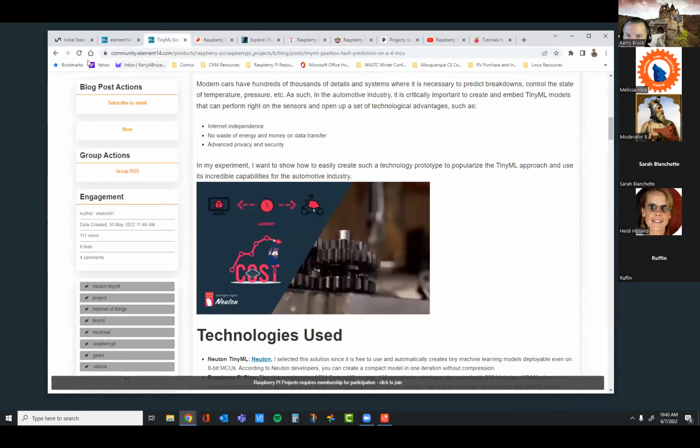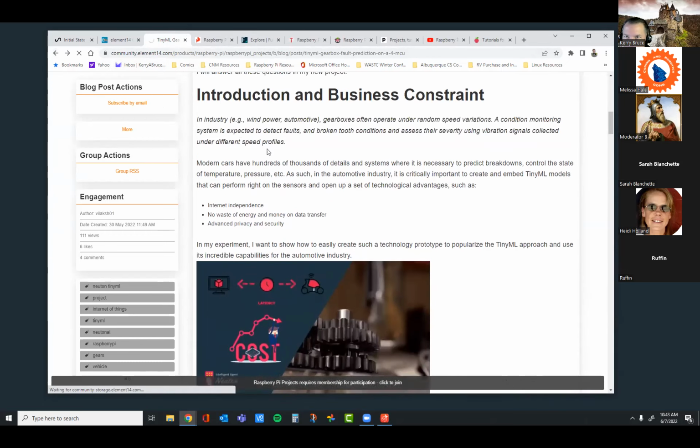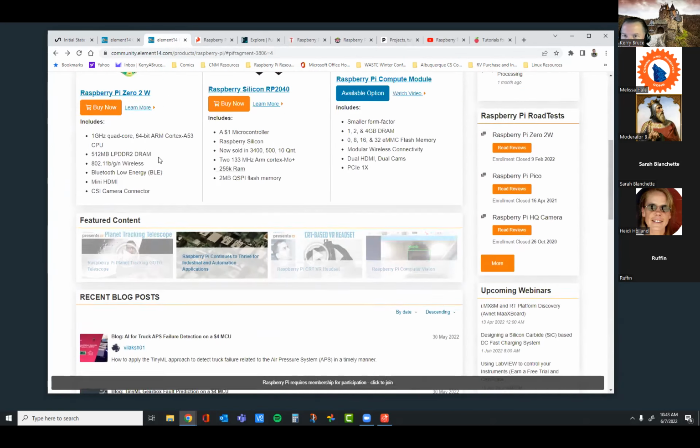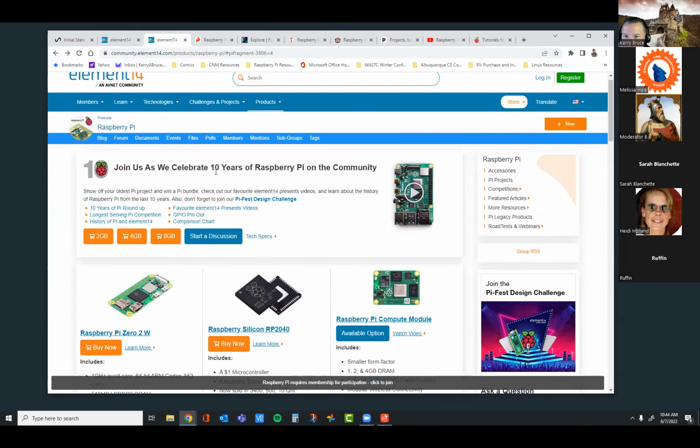I like the idea of this, or having this website there, because there were a couple that were using that kind of deal and they're using the MCUs. And then as you dig into the Element 14 website, there's a bunch of other projects that people have built and posted. And in fact, they're doing a roundup of the last 10 years of projects.